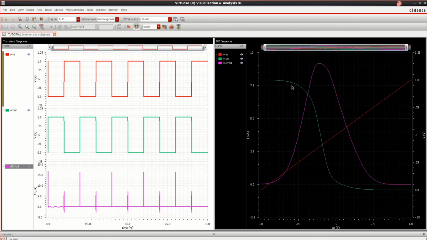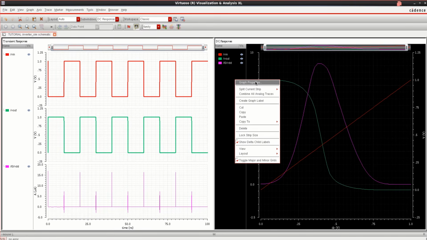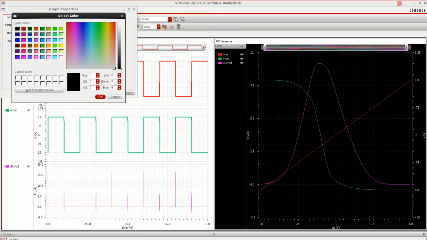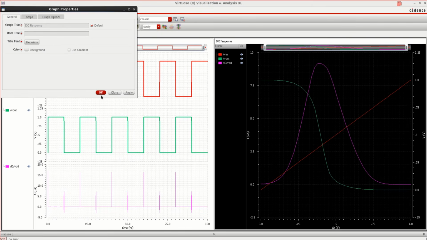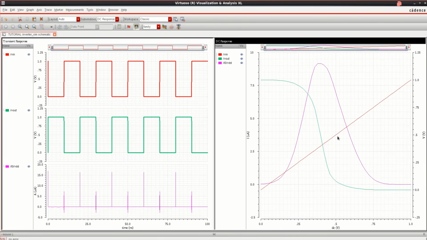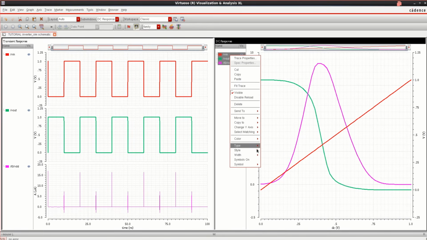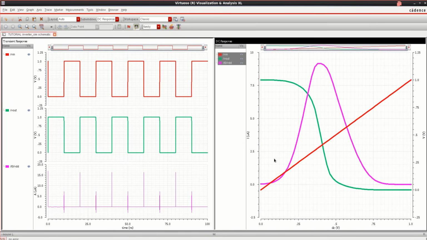Similarly, you can perform the same operation with this. Select the graph properties, select the white, click OK. If you want, you can right click, trace width to thick. So this is the result of an inverter.